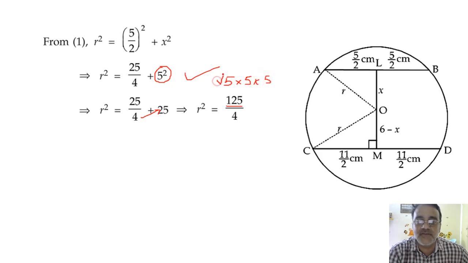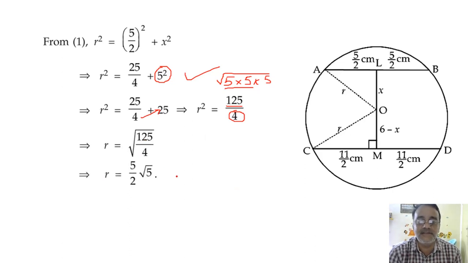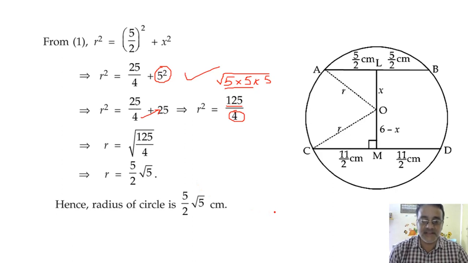Okay, if you take the square root, what will you get? 5 root 5. Yes, 5 root 5. So what is the square root of 4? 2. So the answer is 5 root 5 by 2. Hence, the radius of the circle is 5 by 2 root 5 centimeter. Any doubt in this